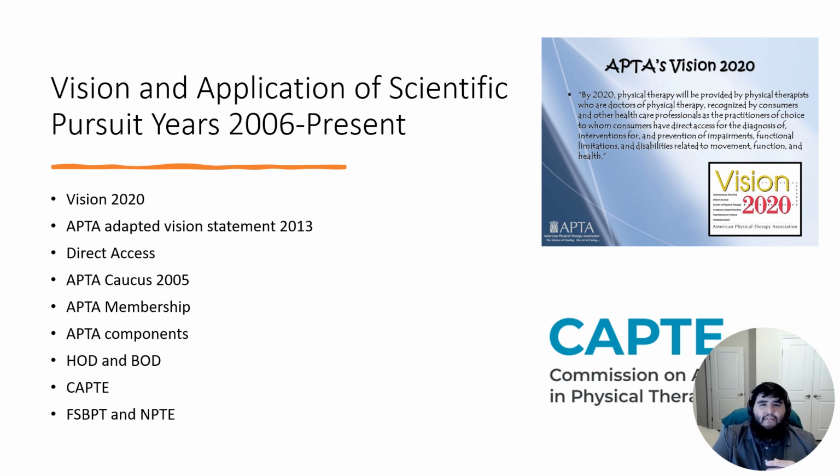The APTA Caucus was formed in 2005. It was meant to make the PTAs feel a part of the association, and it represents the interests, needs, and issues in the APTA governance that the PTAs can talk about and feel like they can make a decision to change. The APTA includes components. It includes chapters, which are the governance at the state level. There are 52 of them. Next are the sections, where there are 19 of them, at a national level, which provide opportunity for its members to meet and discuss interests and issues.